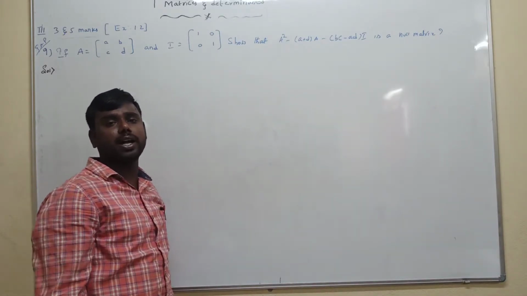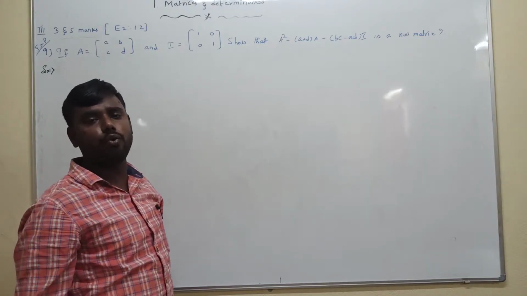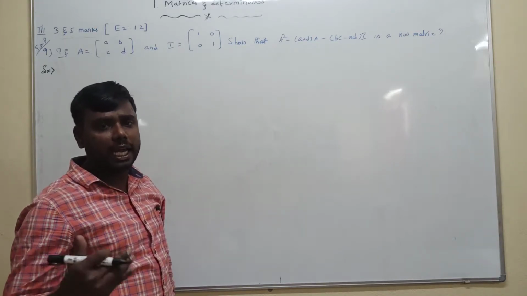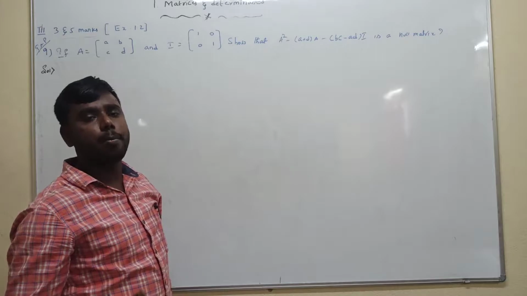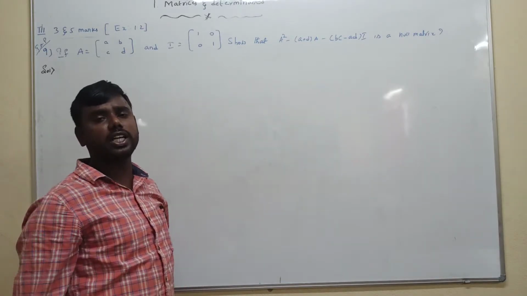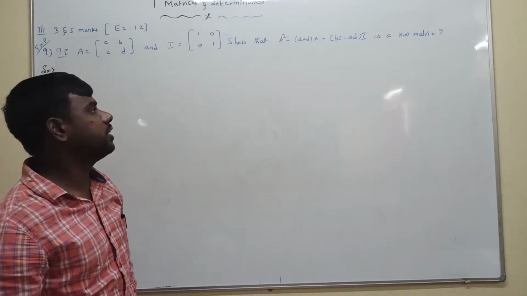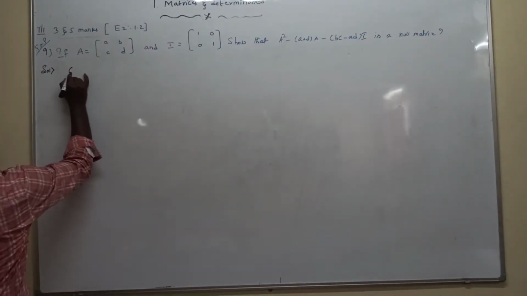Null matrix is nothing but a zero matrix. Every element will be zero; it is called a null matrix. By using this condition, prove that it is a null matrix. See the solution. Given